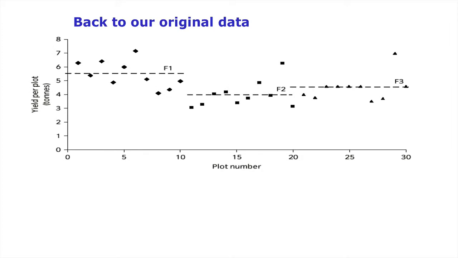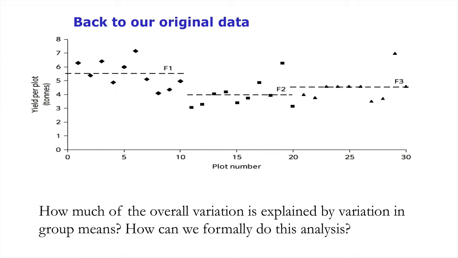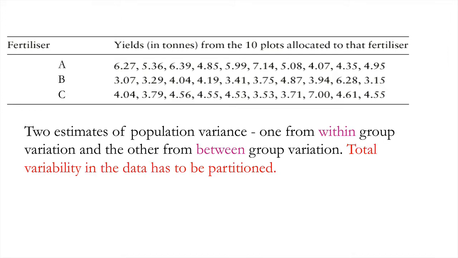Let's go back to our original data, where in this case we've got something of an in-between case where what we have here is some differences, it appears, between these sample means, but there's still relatively high variability within any individual group. So how much of that variation is explained by variation in group means, and how do we test for this? Well, what we do in the analysis of variance is that we come up with two estimates of the variance. One estimate is based on the average variance within these groups, and the other estimate is based on the variability